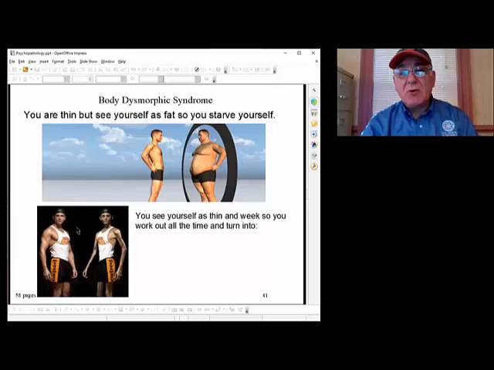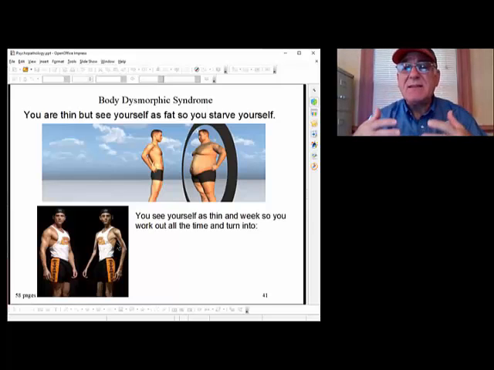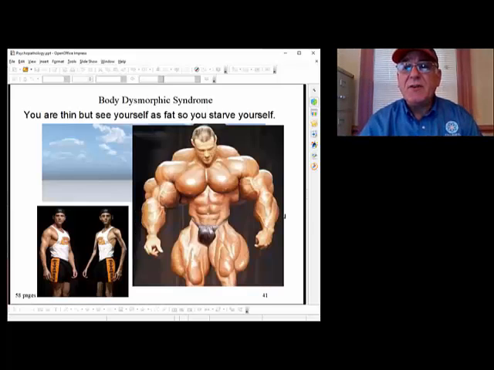This is more typical, the bottom one, more typical of what happens with men. This man has really good muscle tone, but sees himself in the mirror as being too skinny, not enough muscle. And so they work out, and they take drugs to make themselves bigger. They work out too much. They shoot themselves up with other stuff until they finally get to the point where they can't even wipe their own ass.